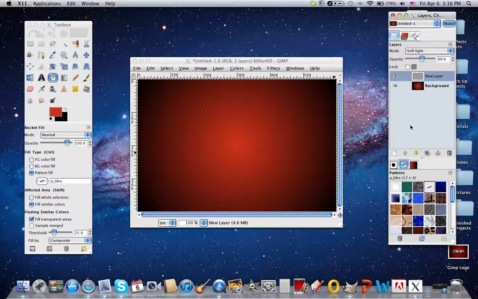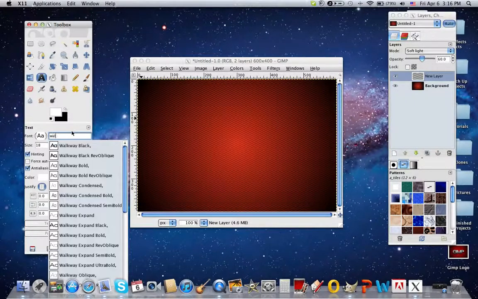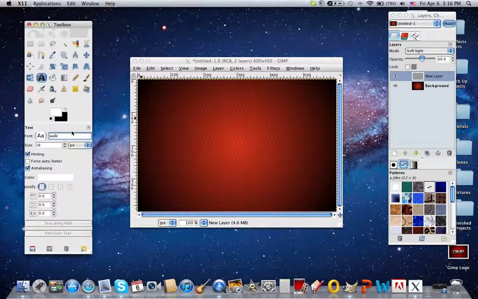So let's go ahead and start making the text. Take the text tool. Oh, and make sure the foreground color is white. Awesome. Take the text tool, and I like to choose a certain kind of font. It's Walkway Bold. If you have it, that's great. If you don't,